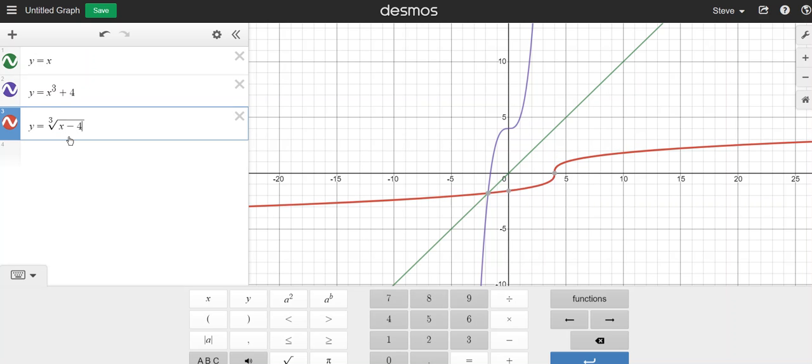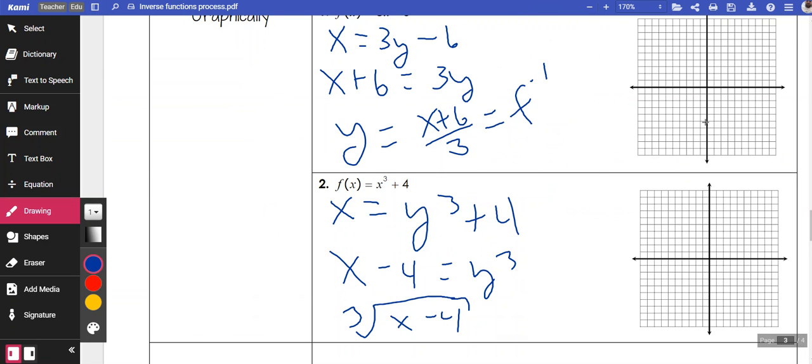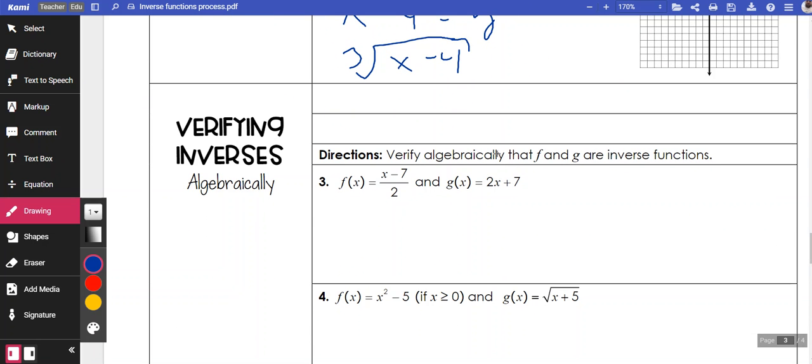x minus 4. And then you can see that they are symmetric with respect to the identity line. So if you want to graph this, pick some points, and kind of reproduce this graph into your work here. But now let's look at a way you can do it analytically,